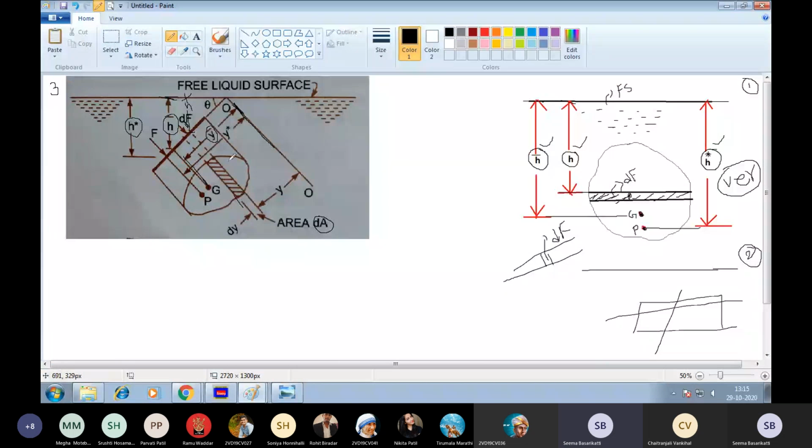So that's why I have taken a small strip, and I have to identify what is the force exerting on the strip. When you integrate that, you will come to know what is the force exerting on this entire surface. So this derivation is similar to that of a vertical surface, but here three more terms are going to be included, that is y bar, y star and y.